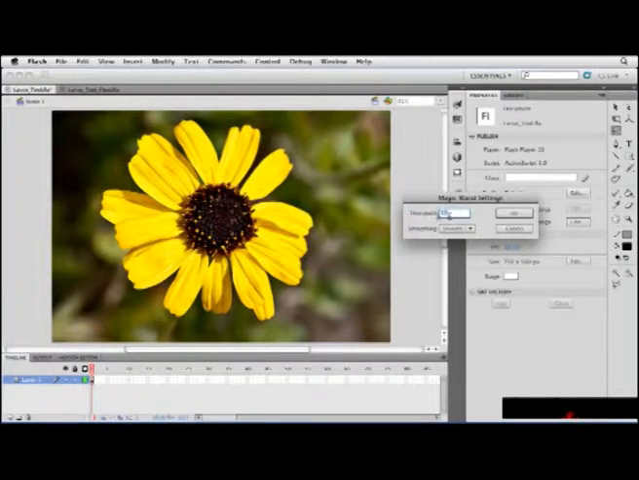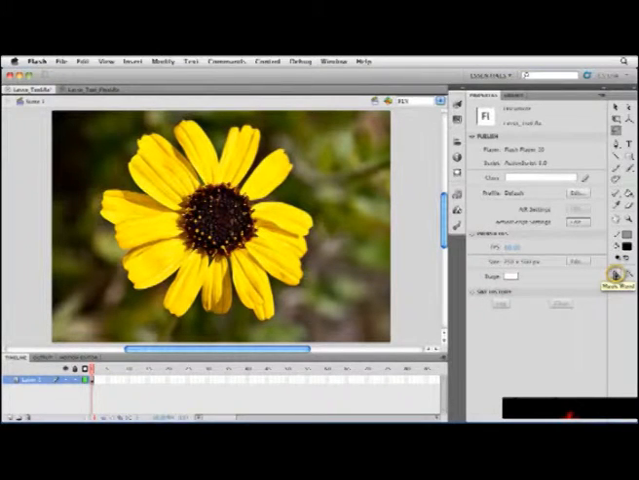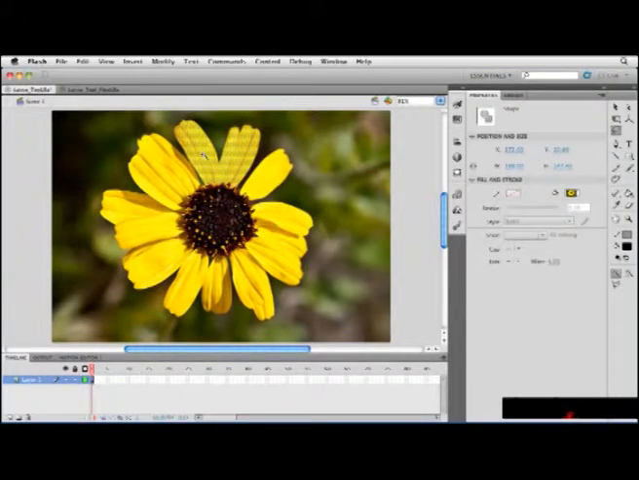So I'm going to leave the threshold at 50 and leave the smoothing at smooth. You can come back and change these if you want to experiment more with the magic wand tool. But I'm going to click OK, and then I'm going to click the button to turn on magic wand mode in the toolbar. So I'm going to click one of the petals and watch how Flash selects it because that